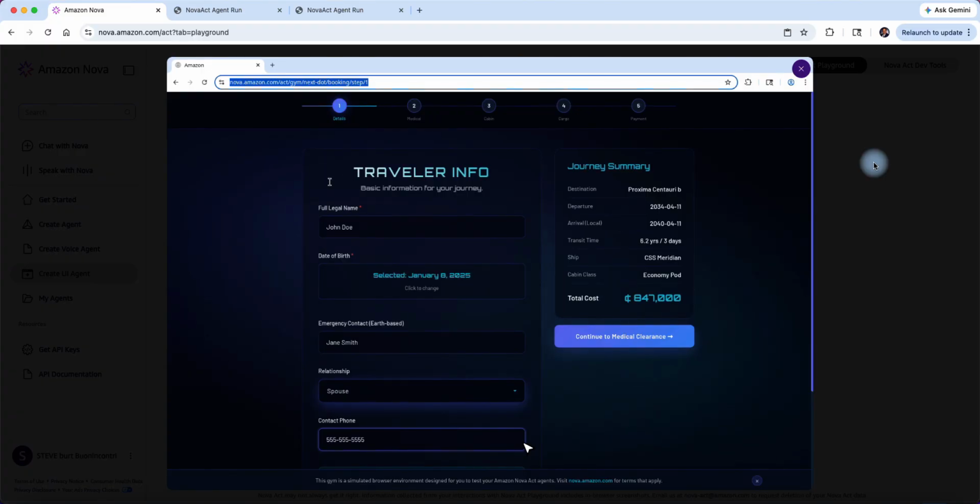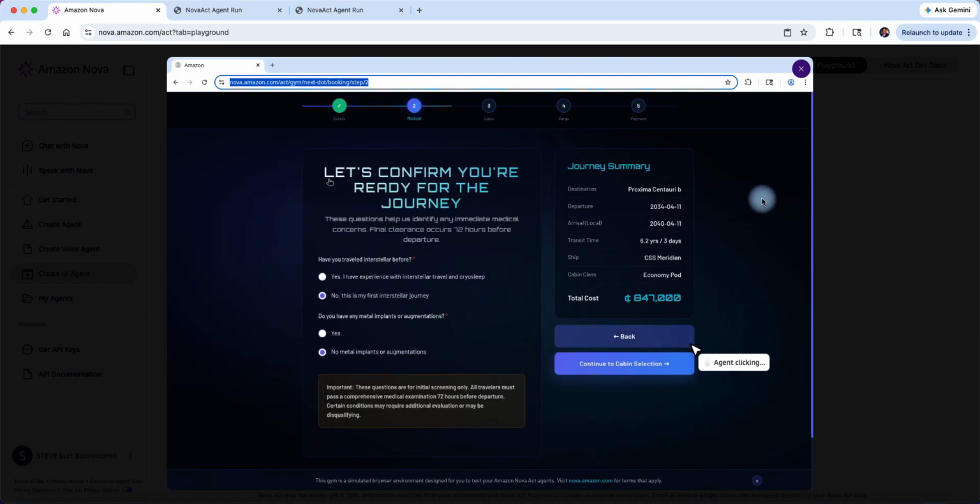So it looks like it's still on the first step. It's still filling out the contact info. It has to go through all these steps, right? Now it's on the second step. So it's actually following like a breadcrumb, doing user navigation automatically based on natural language. This is